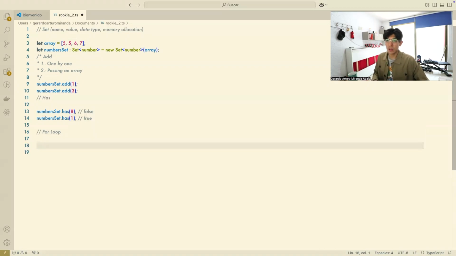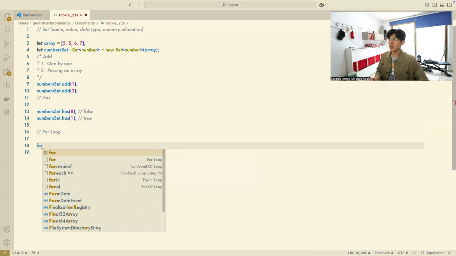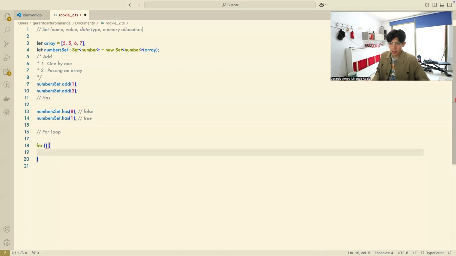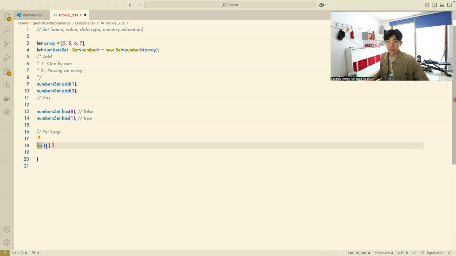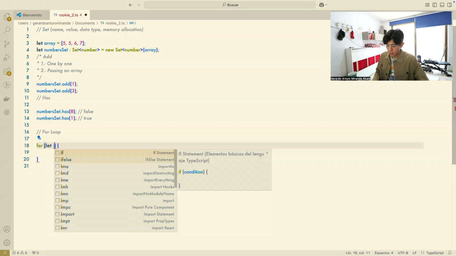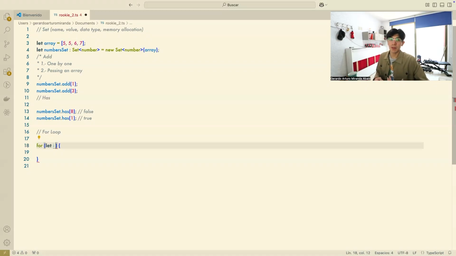Then we'll see the traditional for loop. I'm going to be using the less than comparison operator, and a way to declare a for loop is in the following way. I need to use the reserved word for, and I need to pass some parameters inside my parentheses. The first thing that I would like to know is how many times I will be repeating my for loop. I want to repeat my for loop, let's say 3 times,